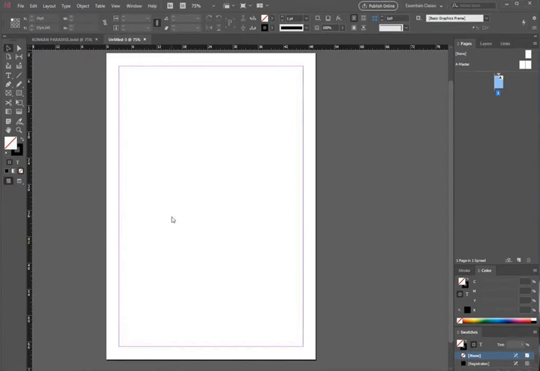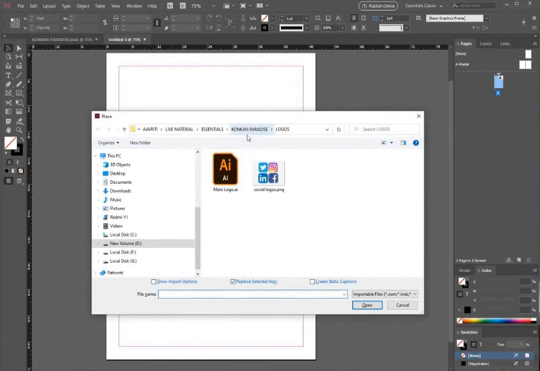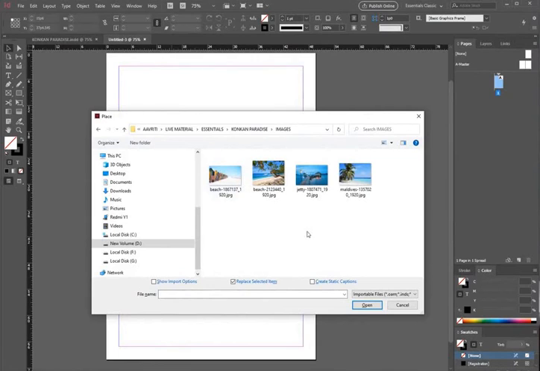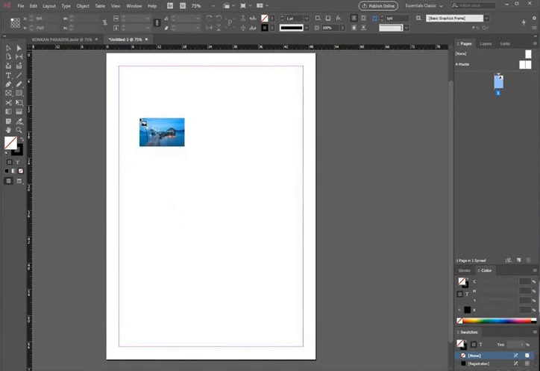So I'm gonna hit Ctrl D on the keyboard and then go to my root folder or project folder, look for images, go inside, and select any of the images I have. Let's pick this one and say open. Now if I click and then drag, let me just show it again. What happens when I import an image is it gets loaded into my cursor, and now InDesign is asking me where I need to place the image. If I want the image to be placed on this location and I simply click, then the image is going to be